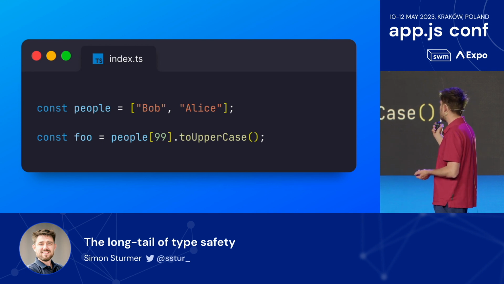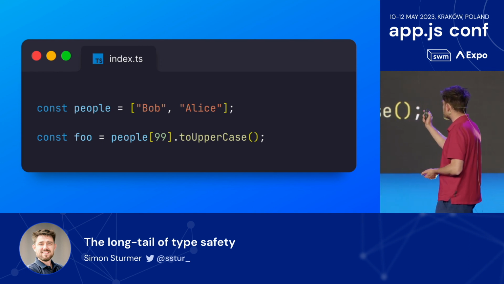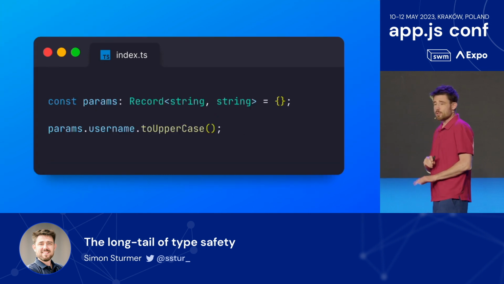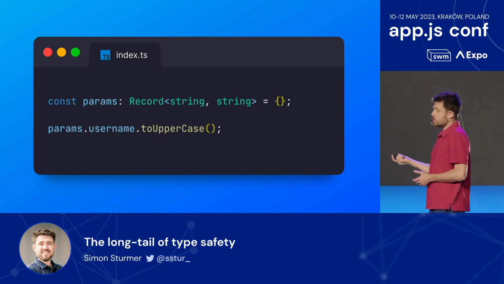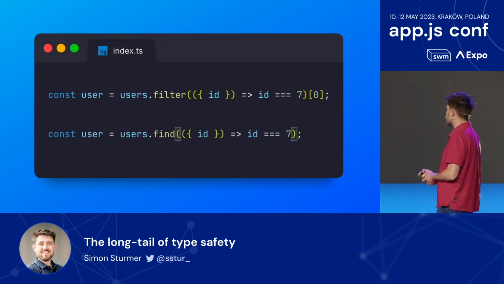So most of you could look at this code and be like, well, that's going to fail, right? That's going to blow up in production. And TypeScript is like, nope, that checks out. You told me you have an array of strings. We can call toUpperCase on a string. No issue there. And this is kind of the object variant of that, right? Here's a record that has strings in it, so TypeScript will let this fly. We want to turn on noUncheckedIndexedAccess, typically just to make sure that stuff like this doesn't creep into our code base.